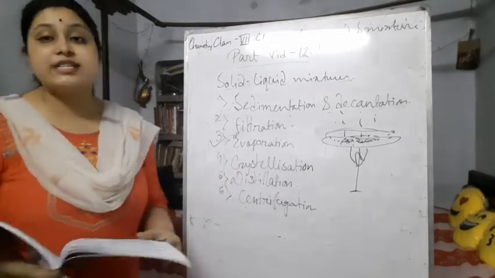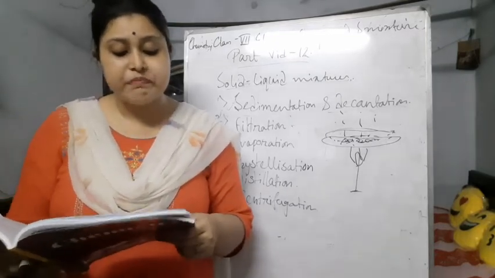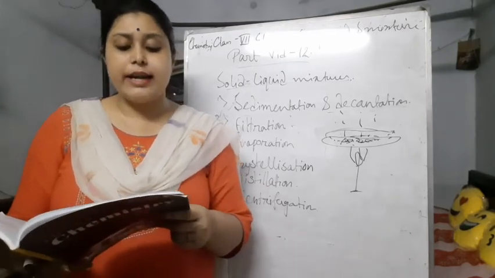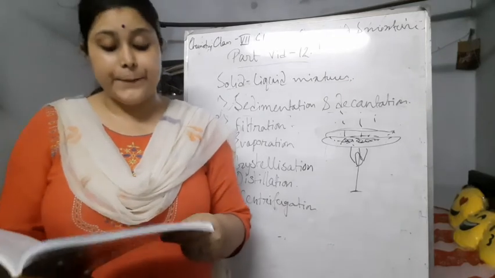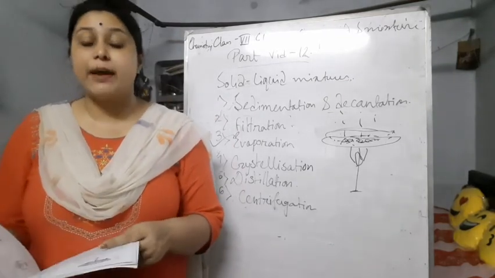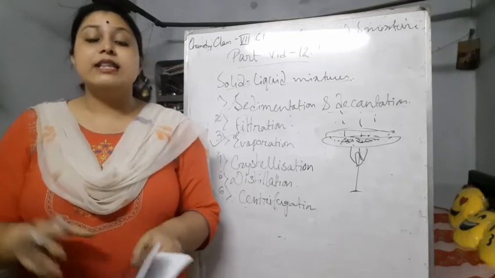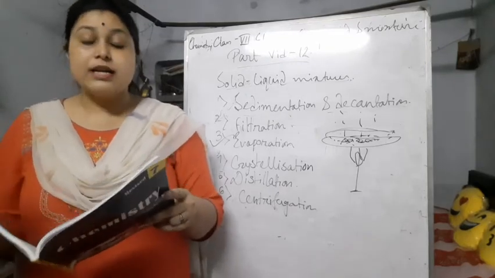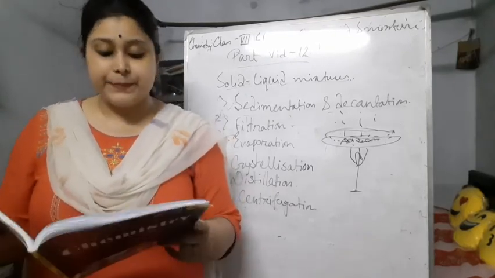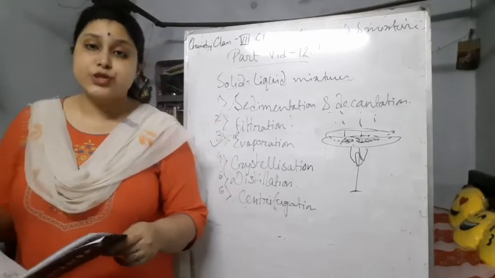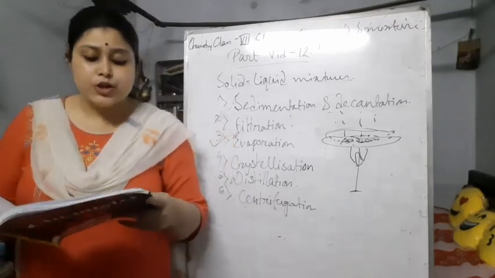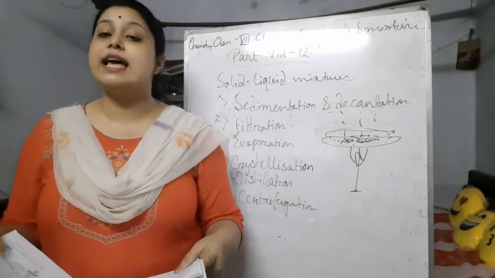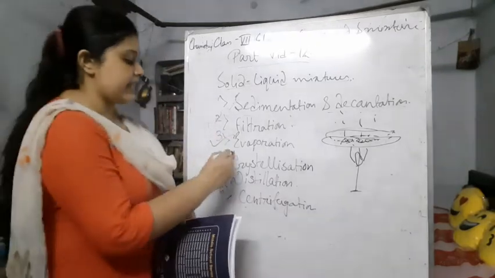The next is crystallization. So what is crystallization? It is the process in which slow evaporation of a solution containing more of the solid components is done, to get solid particles with a definite shape and size. We all know about crystals. Sugar is also a crystal. Salts are also crystals, because they have a definite shape and size. They are also lustrous. The example is that pure sugar is obtained from its solution in water by the process of crystallization.